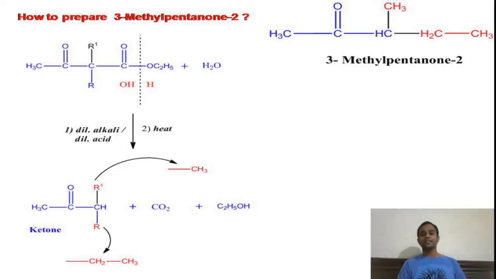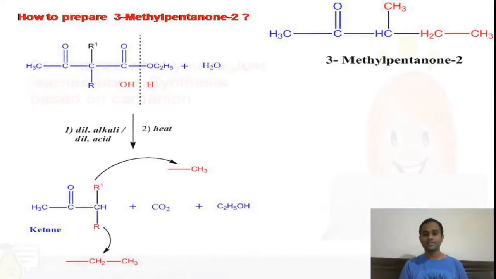That means in order to prepare this 3-methyl 2-pentanone from this acetoacetic ester, what we have to do? First, we have to perform the alkylation at the active methylene group. First, we do methylation followed by ethylation. We will get methyl ethyl substituted acetoacetic ester, which on ketonic hydrolysis gives this 3-methyl 2-pentanone as the product. Yes, do you have a clear idea?